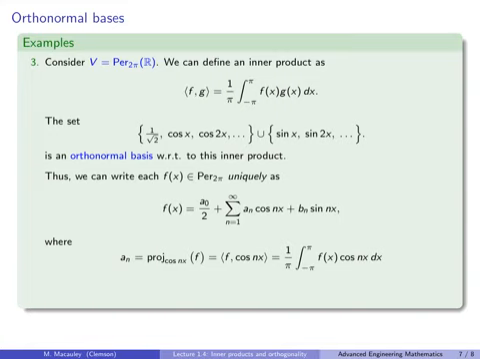That's just 1 over pi times the integral from negative pi to pi of f of x times cosine nx dx. And similarly, for this bn term, we have a formula. Bn is the projection of f onto sine of nx, that unit basis vector, which is just the inner product, or the dot product, of f with sine of nx, and that is 1 over pi times the integral from negative pi to pi of f of x sine of nx